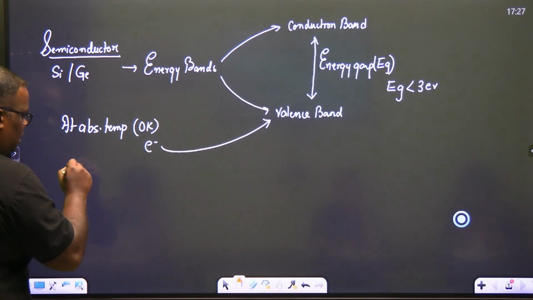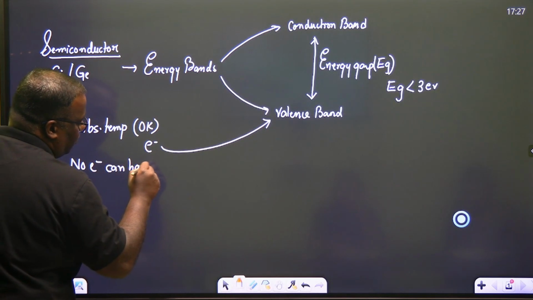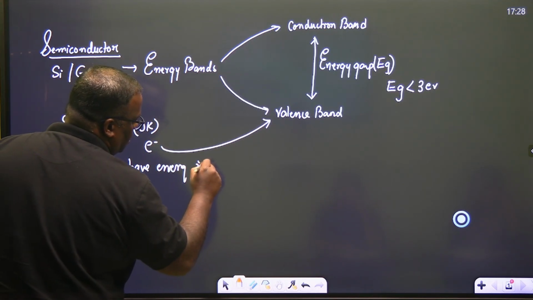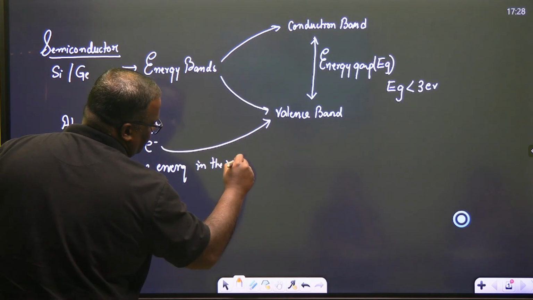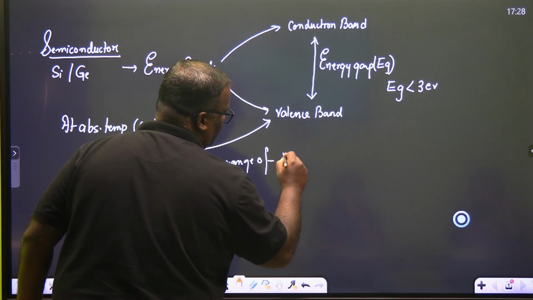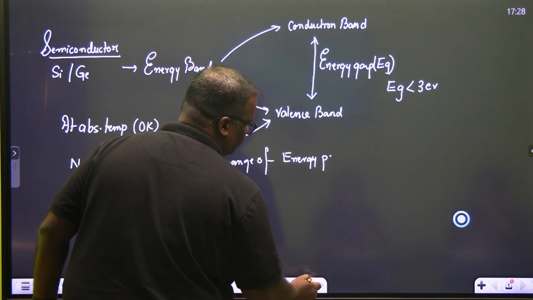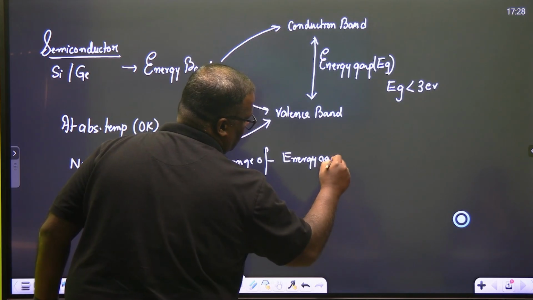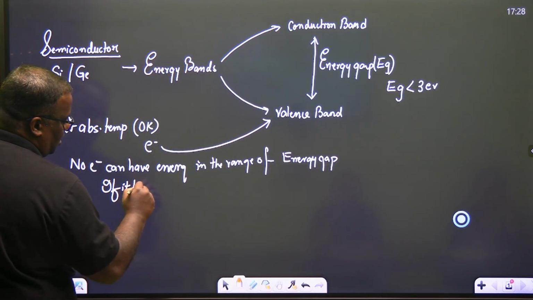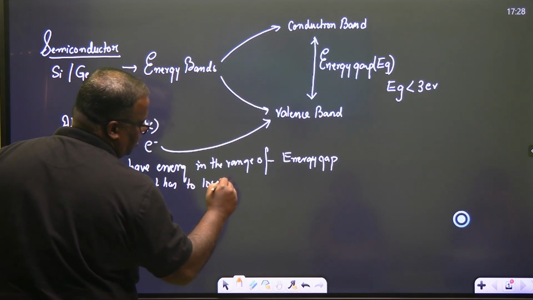Then further we say no electron can have energy in the range of the energy gap. If it has, it has to lose energy,